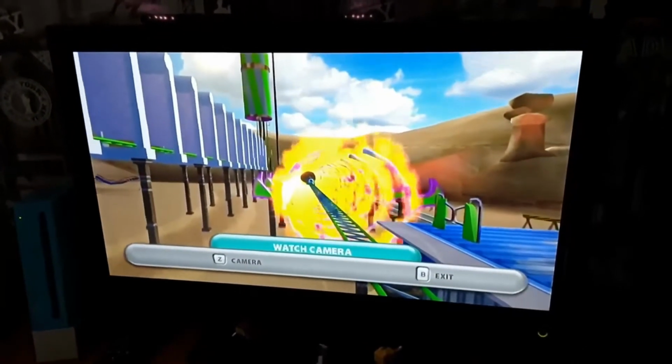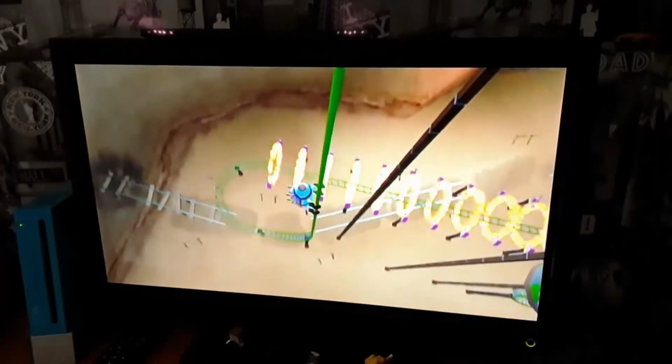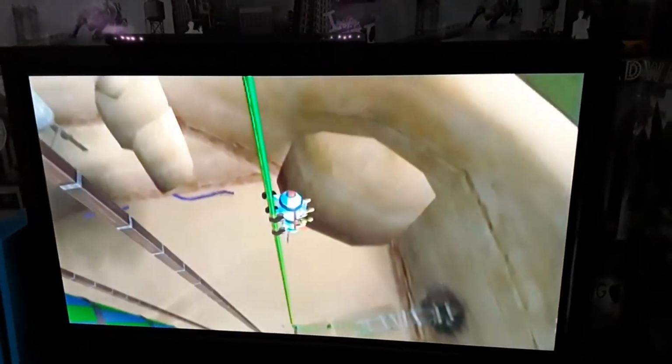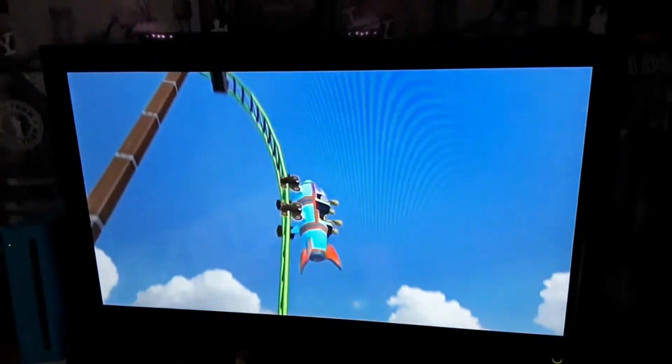So moving on to the number 1 episode, and this is episode 26, and this coaster is called Time Travel. Now the reason I actually like this coaster is because I like the way that I added the fire hoops at the beginning. So it looks like you're going through some sort of time travel,